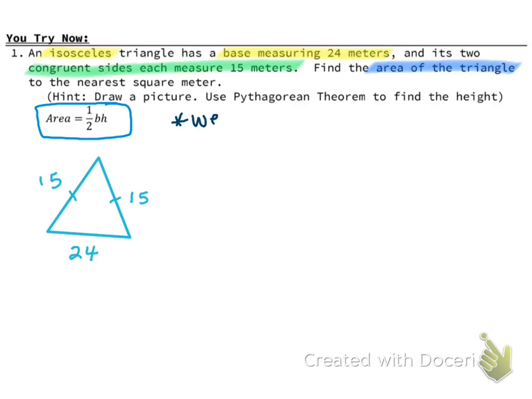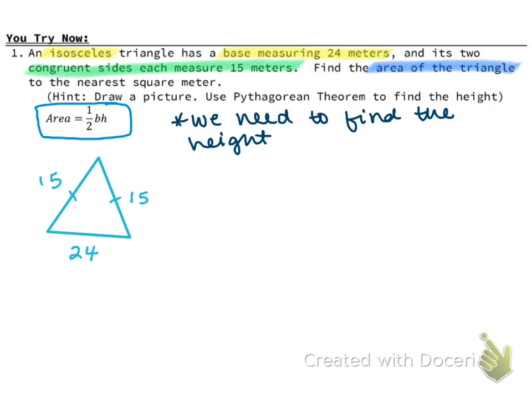This problem says an isosceles triangle has a base measuring 24 meters and two congruent sides, each measuring 15 meters. Find the area of the triangle to the nearest square meter. I have my area formula that I put in a rectangle. We will need that. Now I drew an isosceles triangle with a base of 24 and the congruent sides of